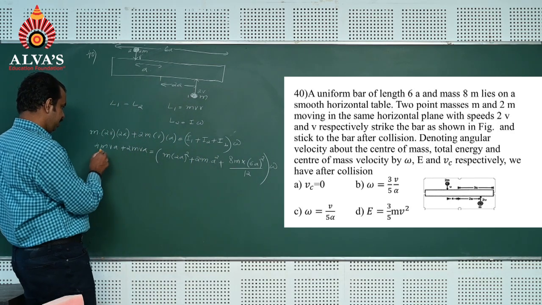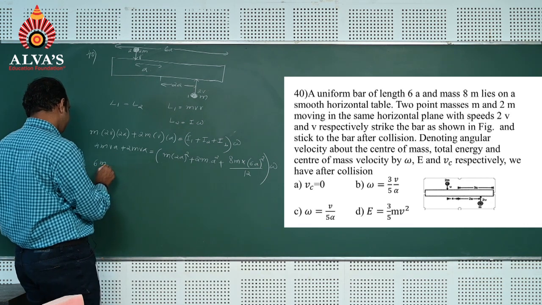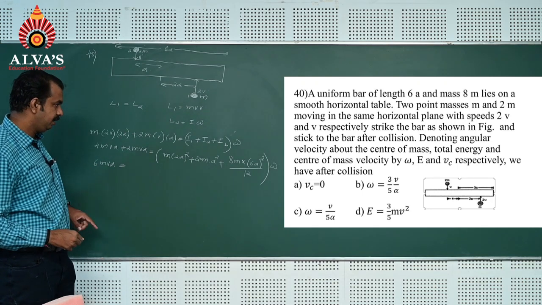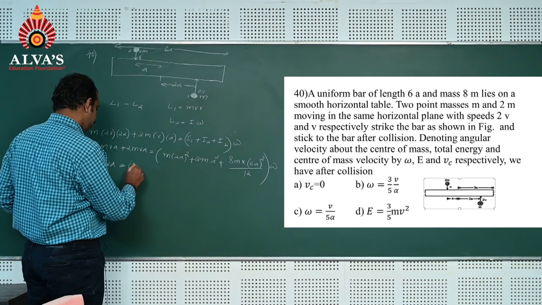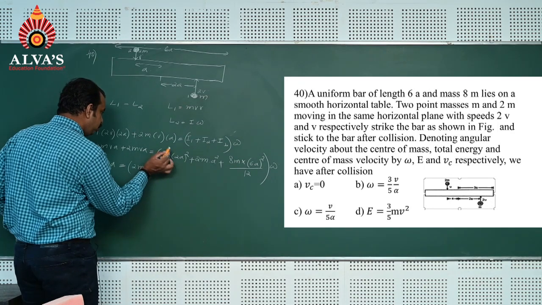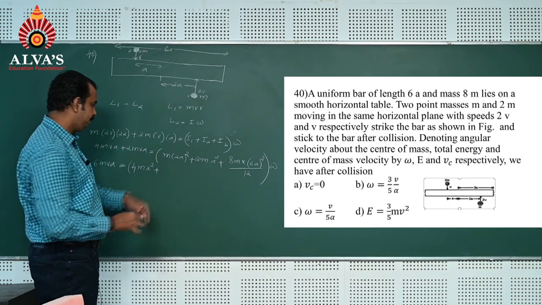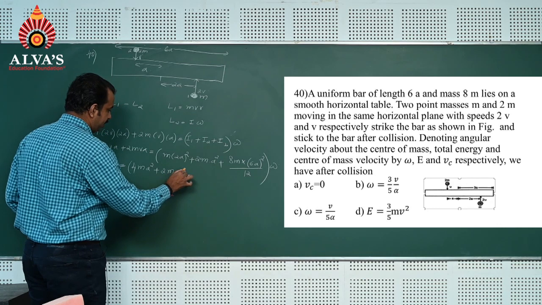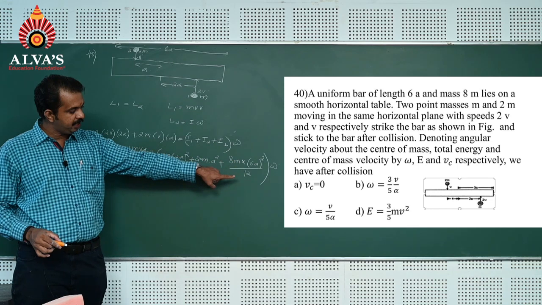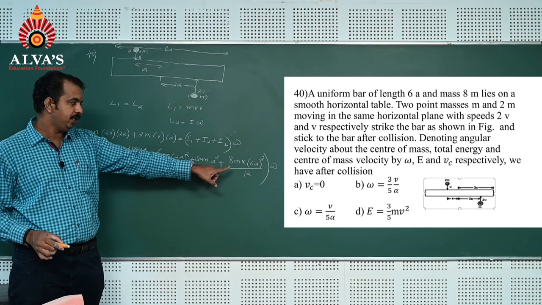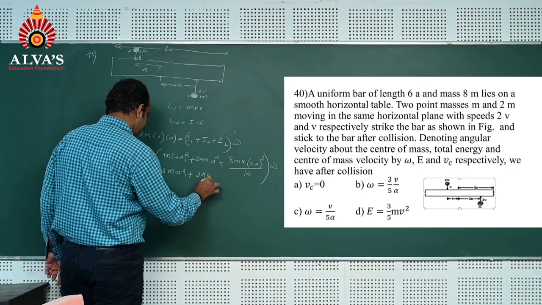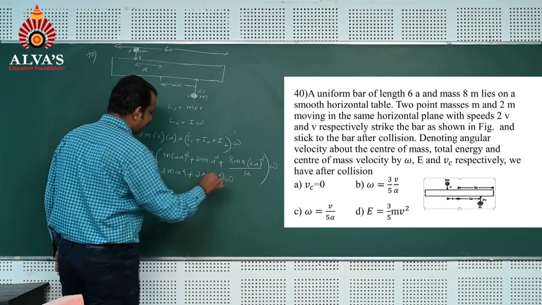That means 6mva is equal to 4ma squared plus 2ma squared, plus 36 by 12 means 3 into 8, 24,